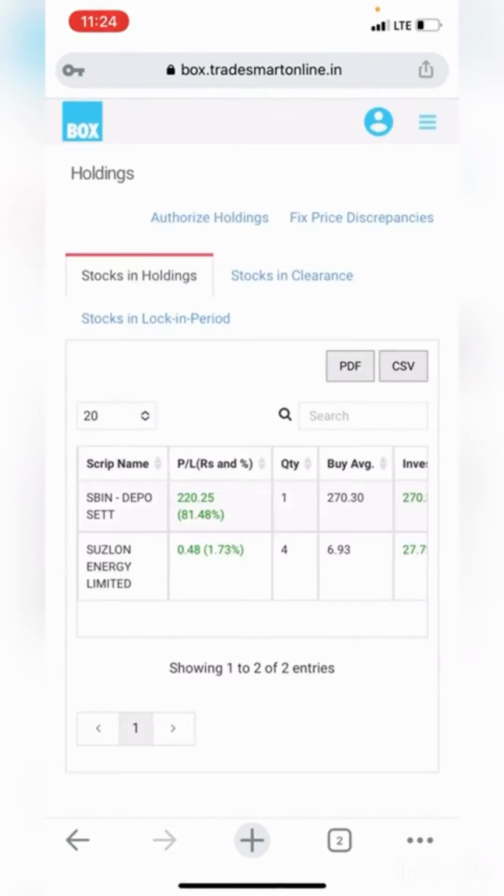Also, the given authorization will be valid only for 1 day. So in case you change your mind and decide to sell stocks the next day, then you may give a new authorization on the day of selling.